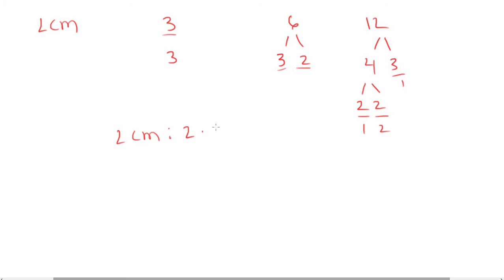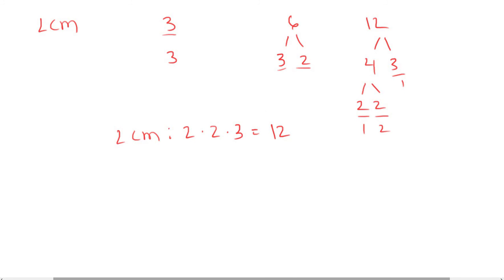Okay, 3 is already prime. 6 breaks down into the primes 3 times 2. 12 breaks down into 4 times 3. 3 is prime. 4 breaks down into 2 times 2, both prime. I'm going to count what I have. I'm just going to bring this 3 down here for completeness. I have 1 3 and 2 2's. So my LCM should be 2 times 2 times 3,